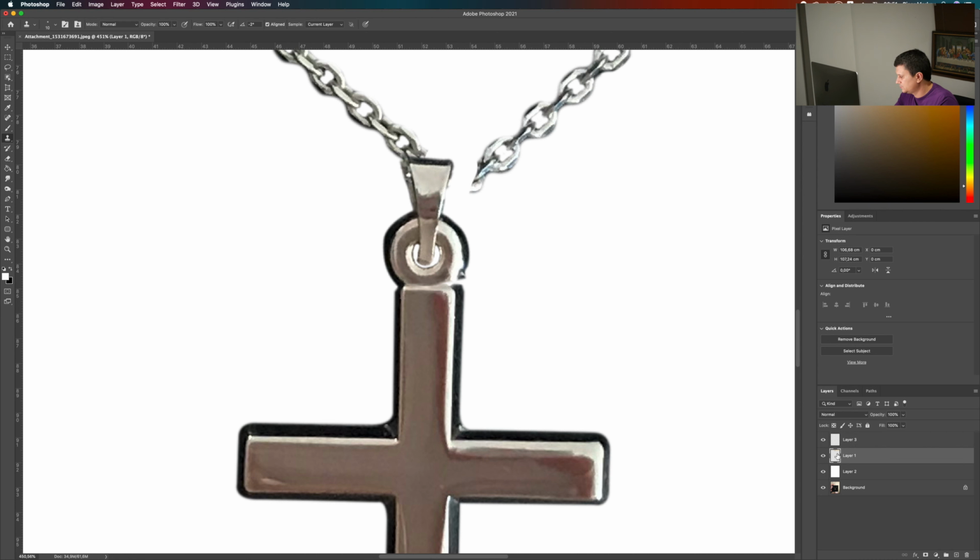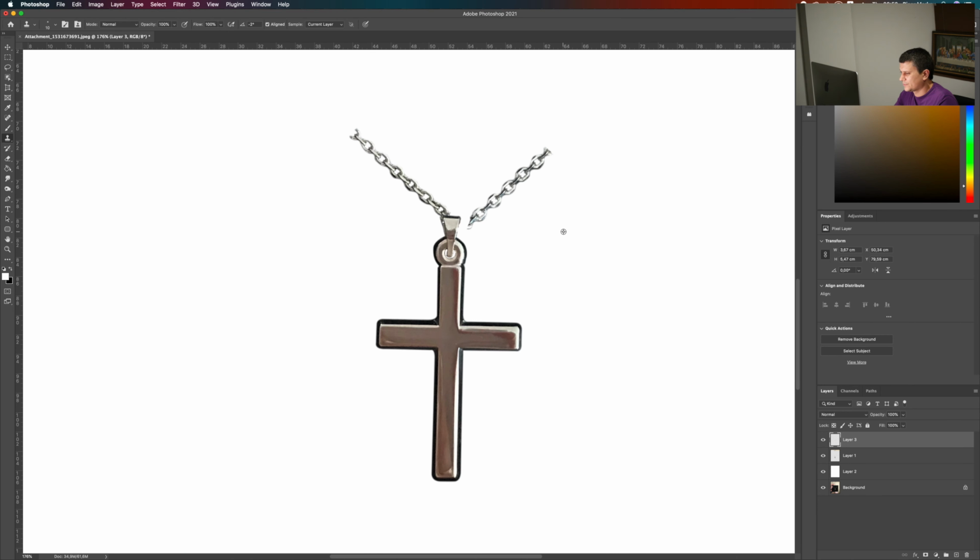Oops, sorry, we need to select this layer. From this we will sample from here. Like this. Now the jewelry is more straight.